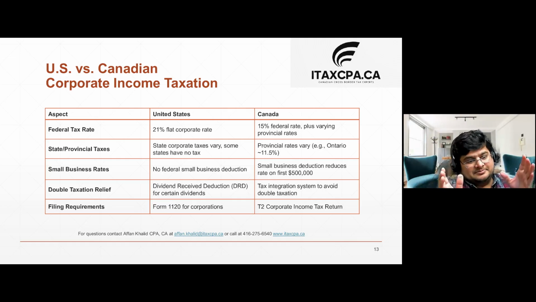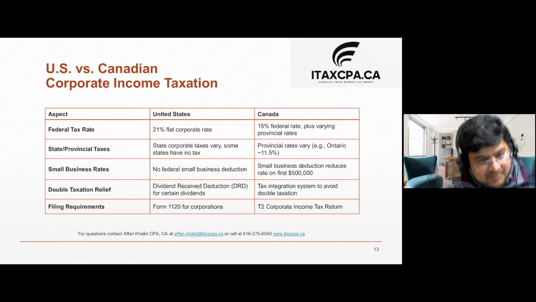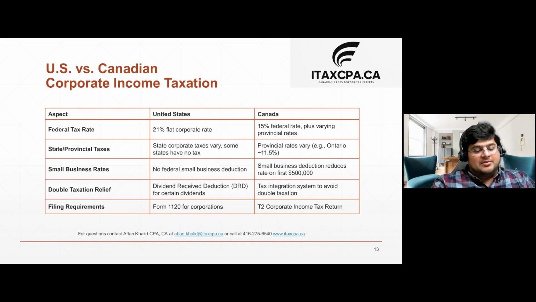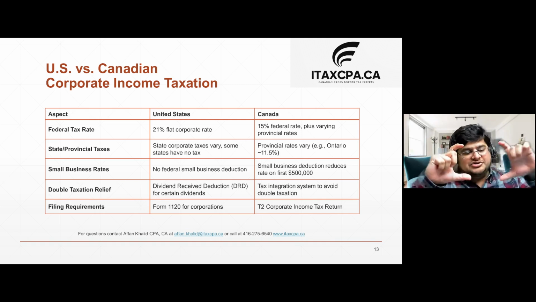Again, it's not a perfect system by any means, and depending on the province, it can get very penalizing. But overall, the tax system is trying to achieve a harmony or integration between earning income personally versus using a corporation, paying lower tax, but then when I pay myself dividend or salary, I should be in the same